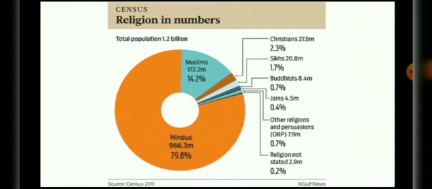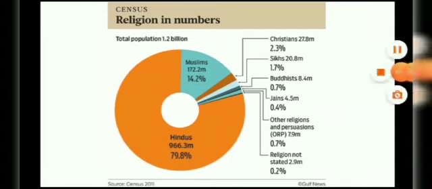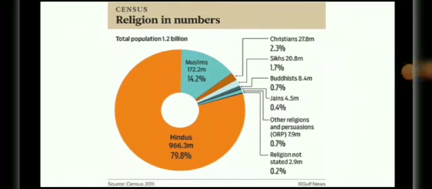Now, why do we need this book or the rules and regulations? Suppose in this picture you can see that the number of people belonging to Hinduism is much more compared to that of the other religious groups. Now, if the people belonging to Hinduism try to dominate the other people and try to hurt them, then do you think people will live in peace? No. So, in order to protect everyone and also to live in peace and harmony, we need to follow certain